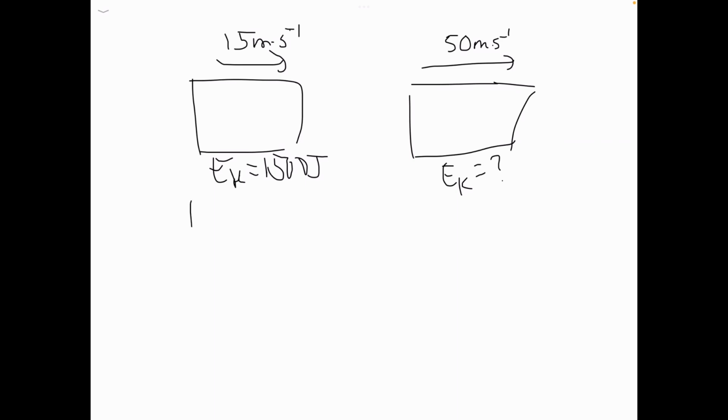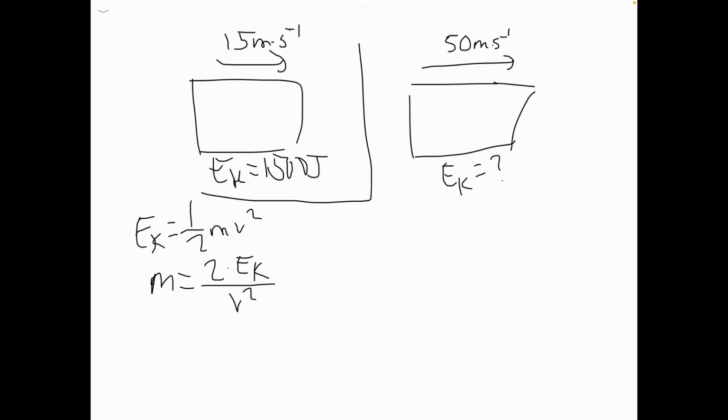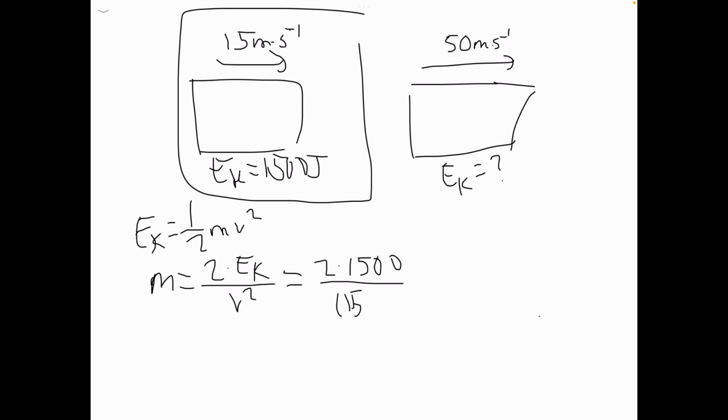So we have Ek is equal to 1 over 2 mv squared, and then we can rearrange for m, which will give us m is equal to 2 times Ek over v squared. And now we can simply plug everything in from the first scenario, which will give us 2 times 1500 over 15 squared, which gives us